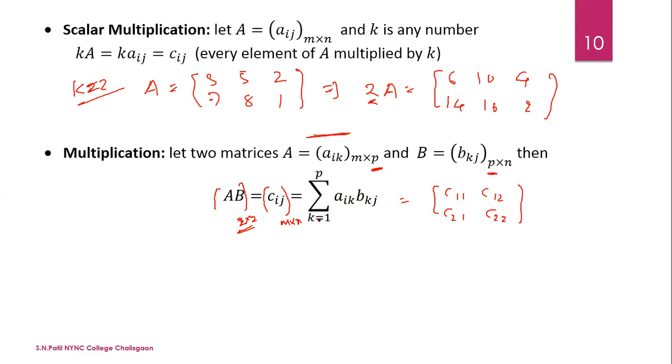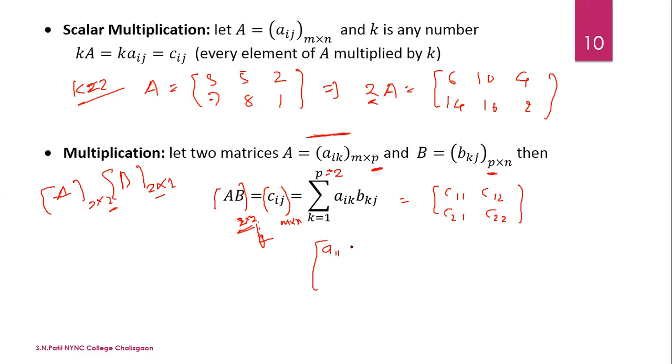K varies from 1 to P. P is here, see here. This is the P. P means what? See here. A is 2 by 2 and B is 2 by 2. Now this is the P, and P is equal to 2. Then what we get? See, I is 1, J is 1. Only vary the K. Then we get A1 1